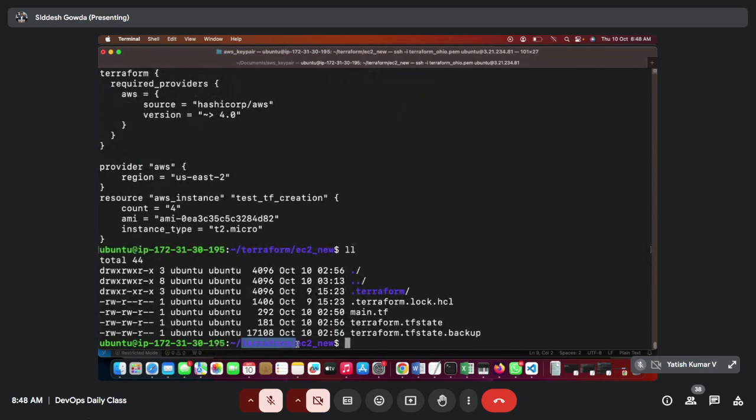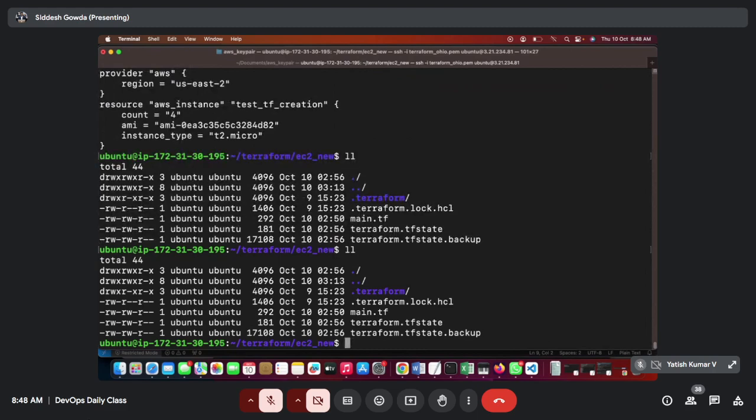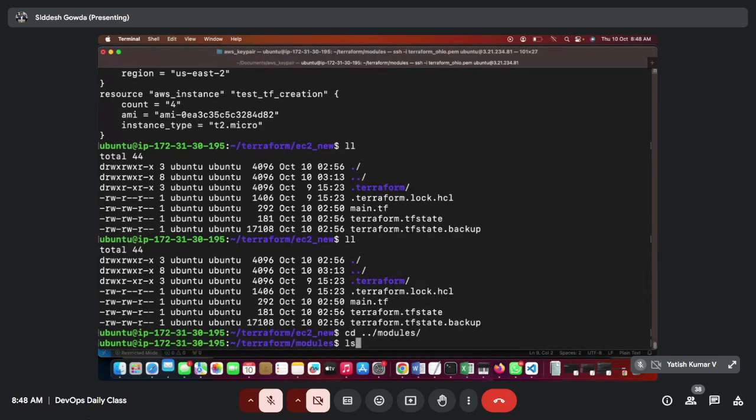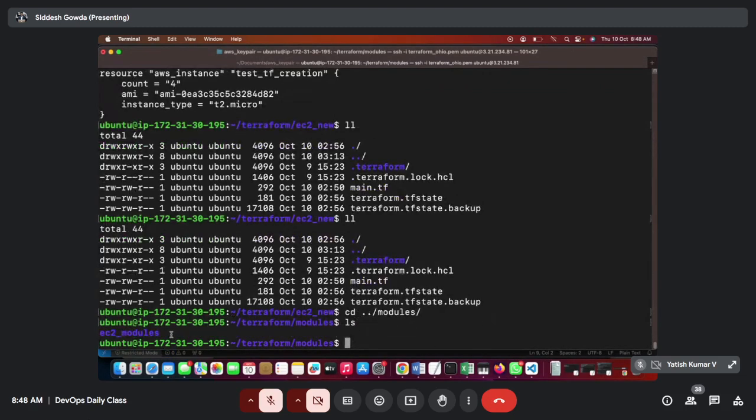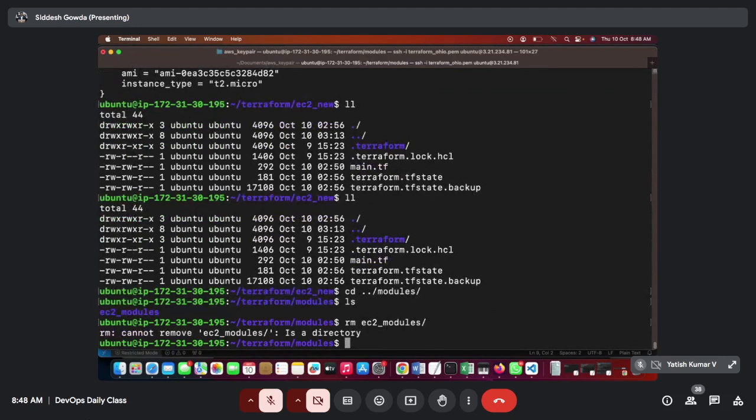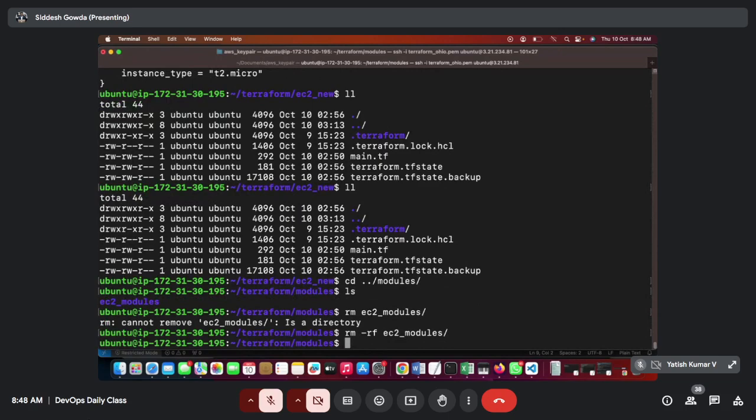In this path there are a few things, so I'll be using this. The main.tf file. I'll be moving cd modules. Here I will create the file. This is not required, rm -rf. So this is not required. So I'll be providing here